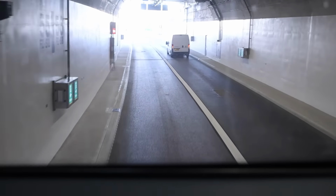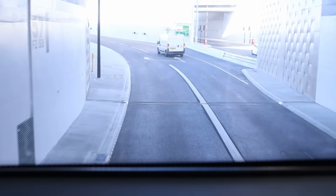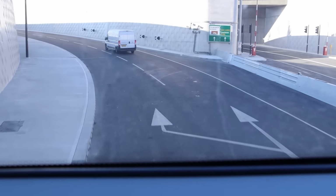And if anything, I wanted to travel longer through the tunnel because it only takes 2 minutes to get through to the other end. And if I've got this right by looking at the map, where the Blackwall Tunnel already comes out on the approach road, the new Silvertown Tunnel merges into it, and they use the same road on the southern side. The Silvertown Tunnel just splits and merges in and out from, and we're now whizzing south with a lot of bus stops to go